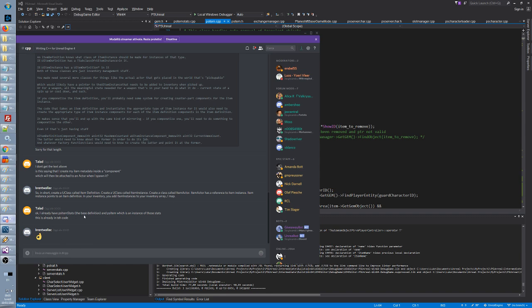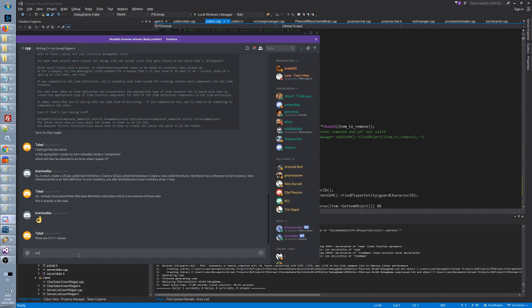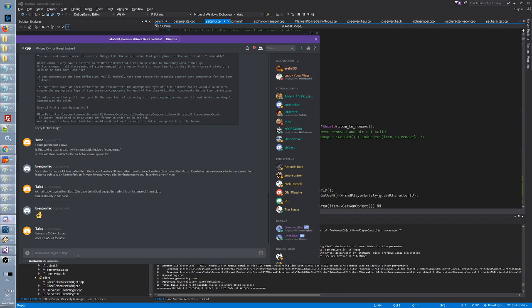I already have PSM stat, definition, PSM which is stat. This is already in the code. Those are two C++ classes, not U object, not U classes for now. So that is working already. All of that is working already. The only thing that I need to know